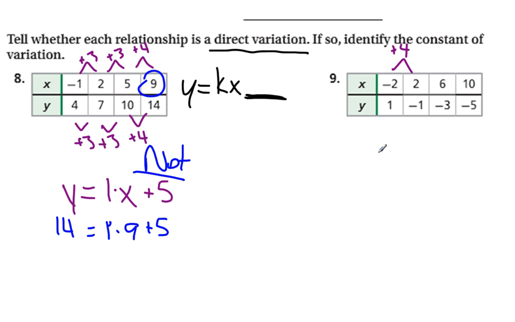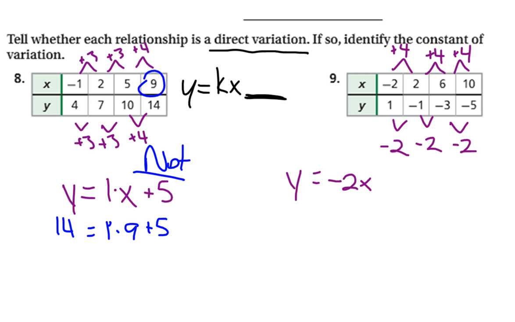Alright, number 10. We look for a pattern. We've got plus 4, minus 2, plus 4, minus 2, plus 4, and minus. It's supposed to be a minus. Looks like a plus sign. Really, it's a minus. So we have our constant slope here. It's 4 over negative 2, which is just going to be negative 2x. And then we see, will that work on its own? So if we try, I don't know, 6. So if we say negative 2 times,